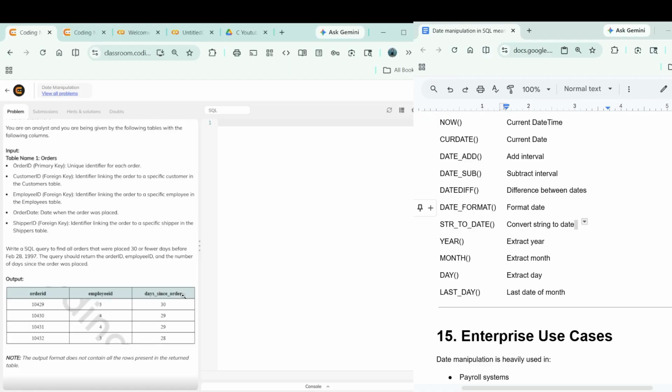So what is required: the query should return order ID, employee ID, days since order, finding orders placed 30 or fewer days before 1997 Feb 28. So now the query is